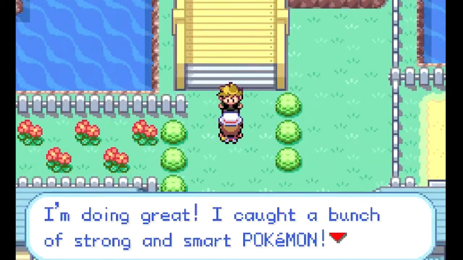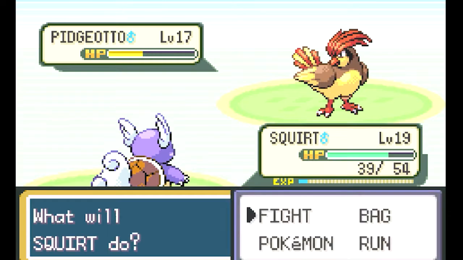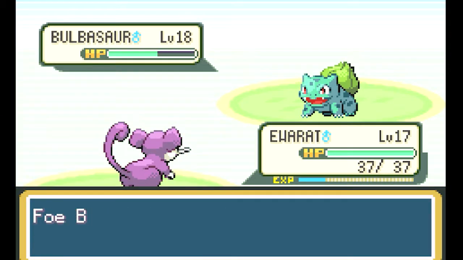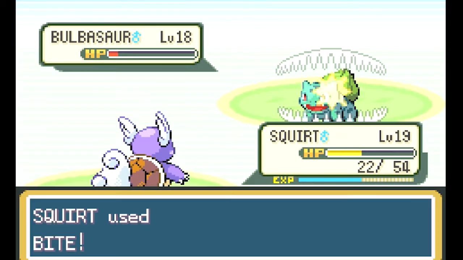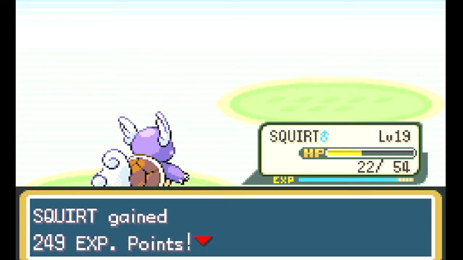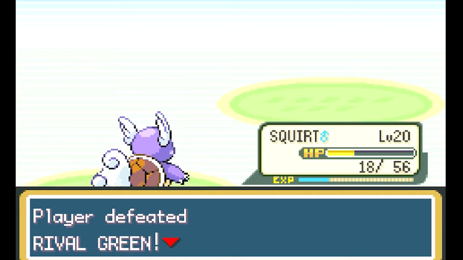So then we get the Dome Fossil, and then we battle our rival again, which his Pidgeotto was a bit difficult. After that, the Bulbasaur, I changed back, and then I kept using Hyper Fang because it's actually a really good move, and I didn't realize how good it was. But then the Rattata fainted, and I used Bite, and I was kind of scared here because I only had 22 HP left. But he just took out an Abra and a Rattata,